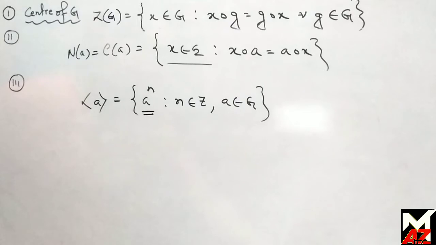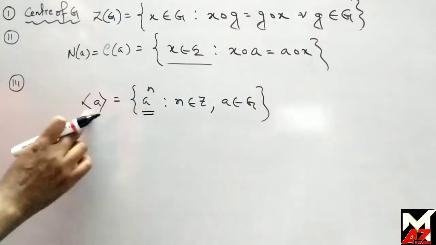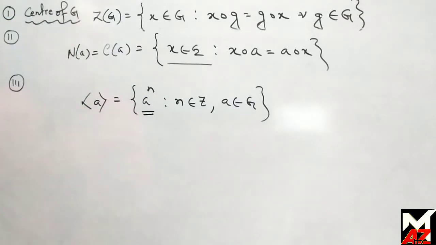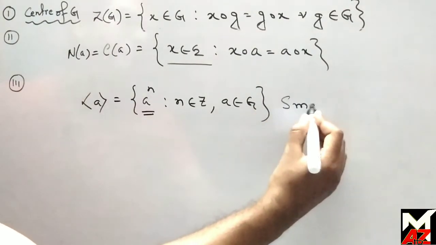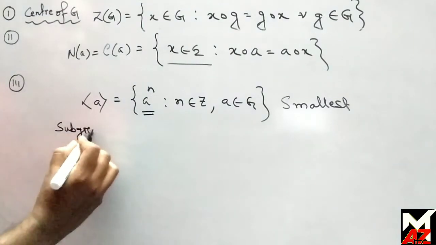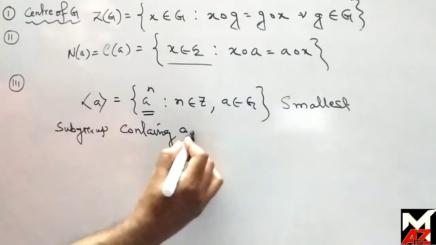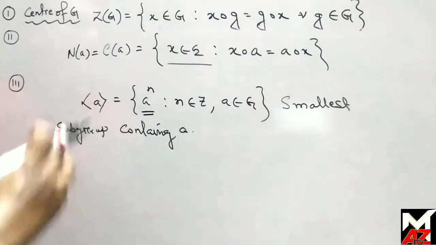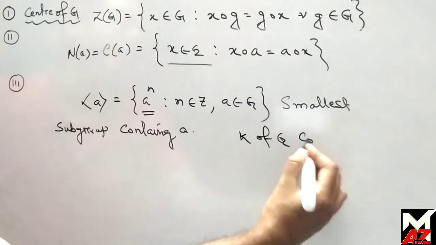Now clearly, this type of subgroup, the cyclic subgroup generated by A, is the least or the smallest subgroup containing A. This is the smallest subgroup containing A. Because if we take a subgroup K of G containing A,